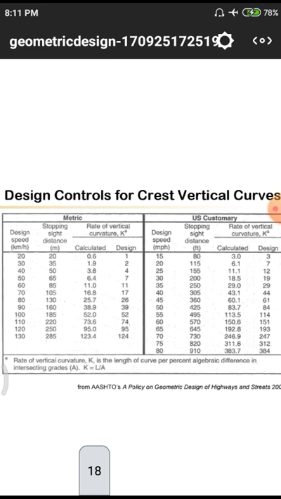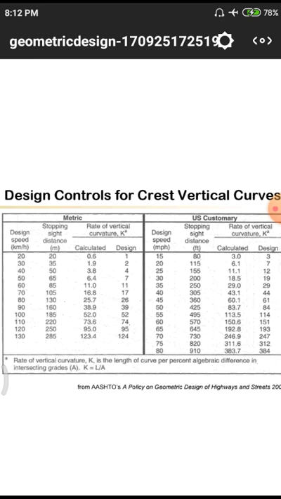First one, we are having a speed design for 20 kilometers, 30 kilometers, likely up to 130 kilometers we are having. Normally 20-30 kilometers we are having in village roads, but in case of 120 and 130 we are having in expressways. From village road to expressways, all those speeds are mentioned here. Similarly, stopping sight distance also. In village roads we are having a 20 meters, but in case of these expressways we are having a 285 meters. That means the distance between those two vehicles has to be likely 285 meters whenever they are moving on these particular expressways.